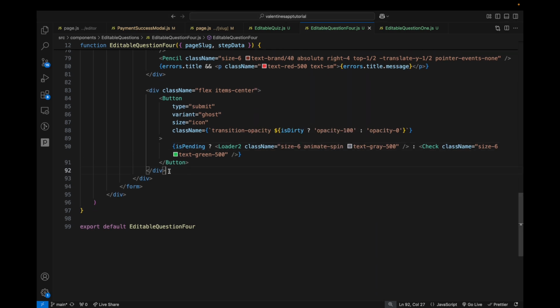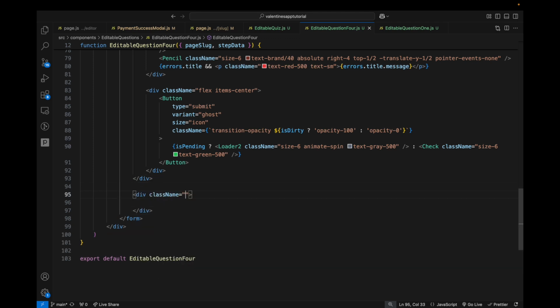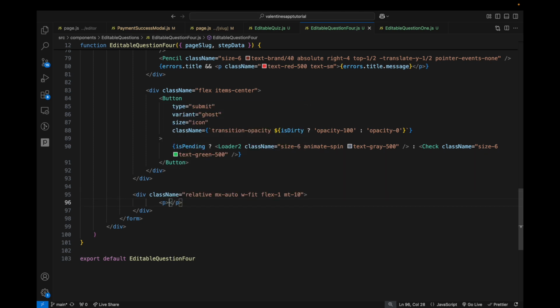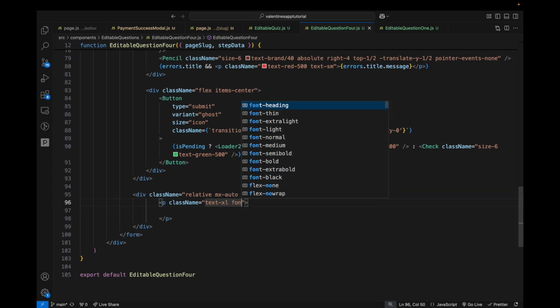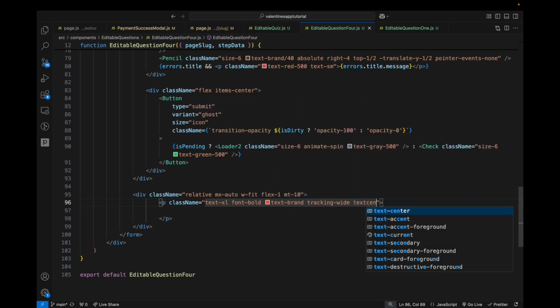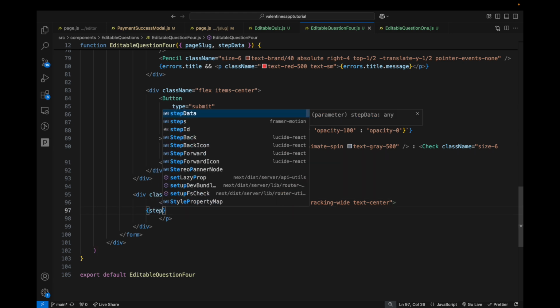Okay, so after this closing div, one closing div, two closing divs, let's open another div with a className of relative mx-auto w-fit flex-1 mt-10. Inside, we'll give it a p tag with a className of text-xl font-bold text-brand tracking-wide text-center, and we'll just render the step data